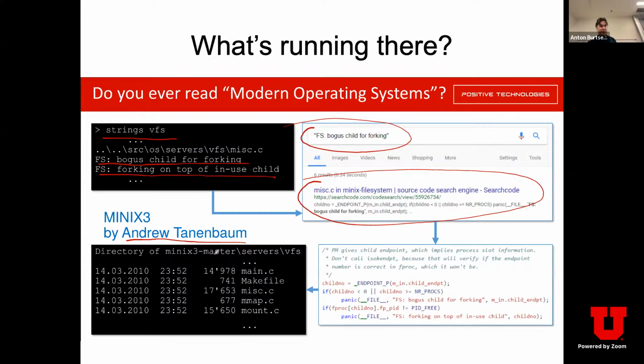And he also built, or he and his team built, this operating system called Minix 3. It started as a teaching operating system, Minix 1, similar to XV6, just to teach students how operating systems work. Later on, he turned it into a research project, a full-featured microkernel. And if you look at this file, you see this string: fs bogus